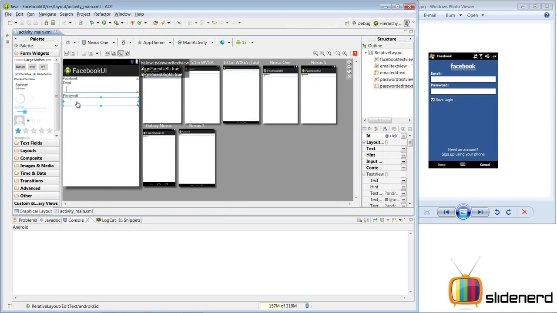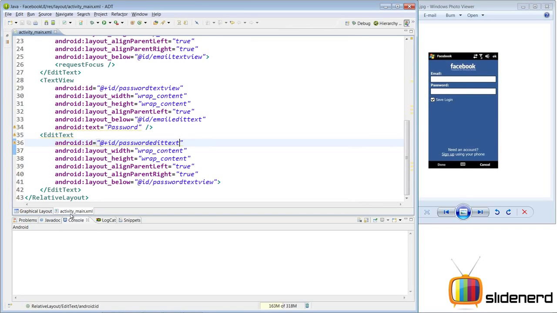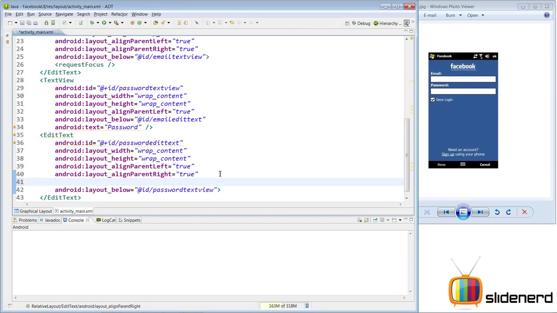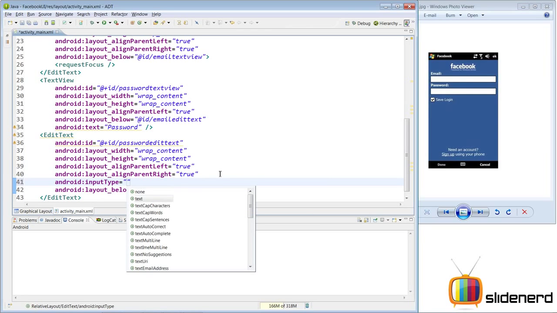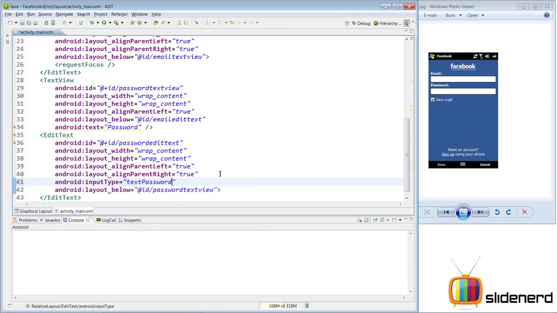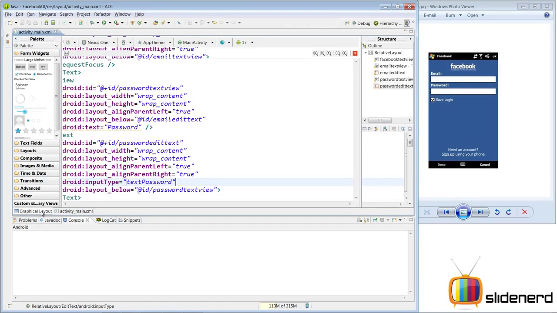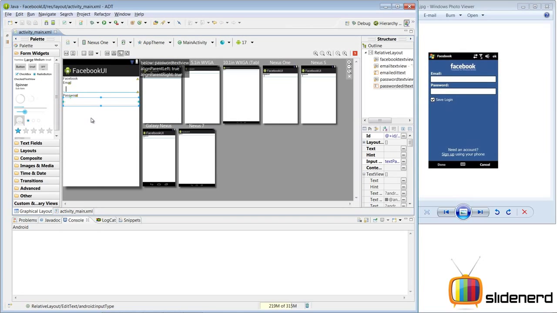Now let's see how to make this password field an actual password field. I can do that simply by using something called input type. I can say android:inputType, and here I should have the option for password. So something like this, textPassword. Now again, I'm going to discuss the different attributes of edit text and input type in detail in some other video, but for now I'm going to simply say android:inputType equals to textPassword, and this makes it a password. Alright, so you have the graphical layout which looks pretty much like what we want,